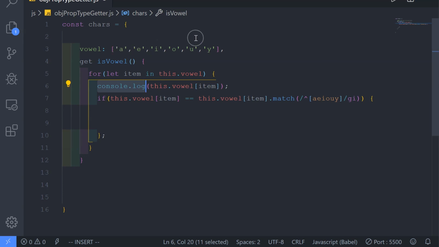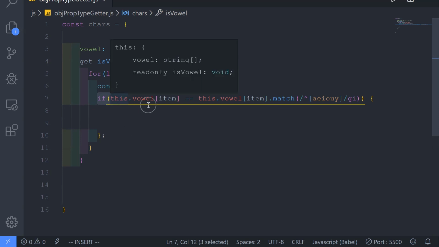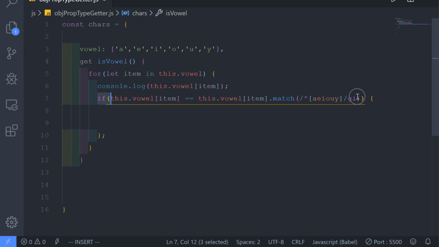As it iterates through, it's going to look at each one of these indexes, and the values in each element are A, E, I, O, U, and Y, and these are strings. Here's an evaluation: if basically says if this is true, then what I want to do is console